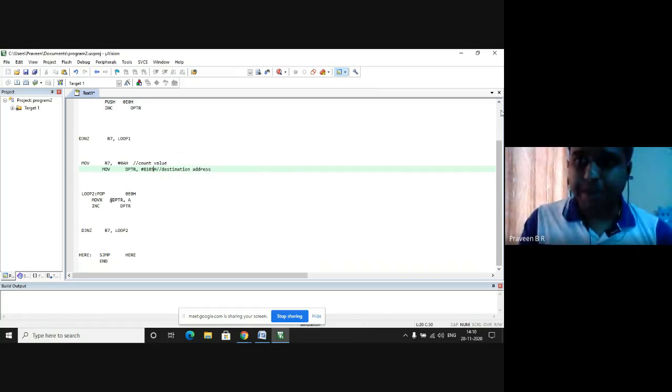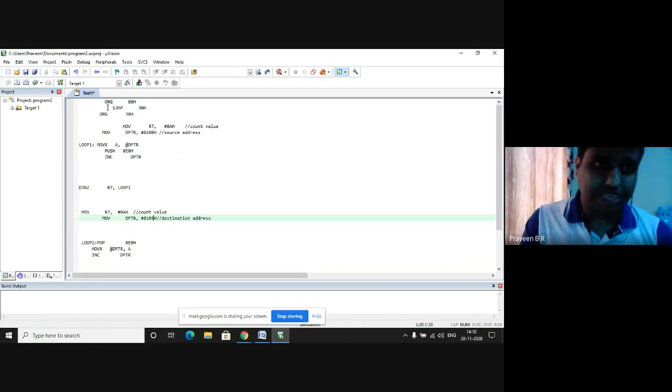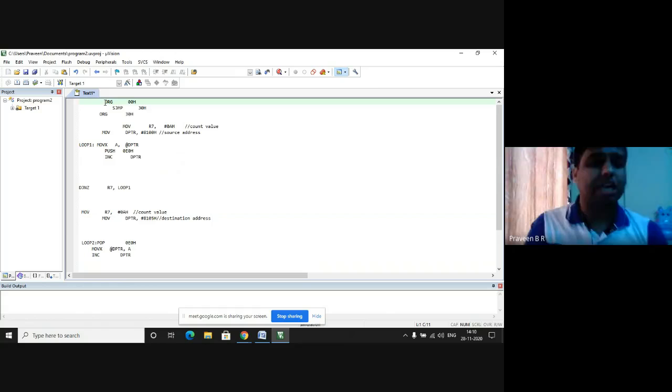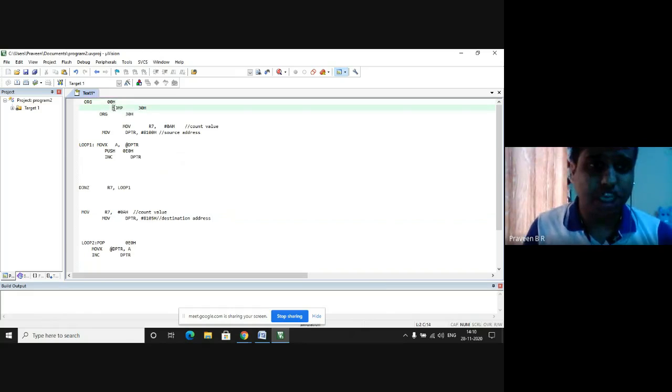So let me explain the program. The first step in the program is ORG 00H. What does ORG 00H indicate? I am originating from the 00H memory location. What is SJMP 30H? From the 00H memory location, I am jumping to the 30H memory location, which is the scratchpad area where